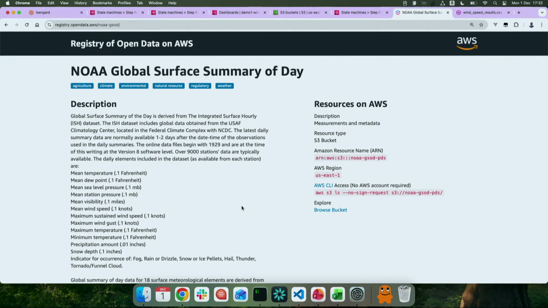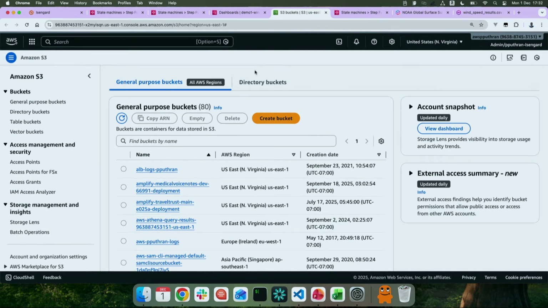This is the data set that we're going to use, and as you see, it includes all of these parameters, like the mean temperature, dew point, sea level, and various other things. What we are interested in is the wind speed data. The nice thing is it gives you this single line command where you can copy this data set into an S3 bucket. In terms of what it looks like in the S3 bucket,